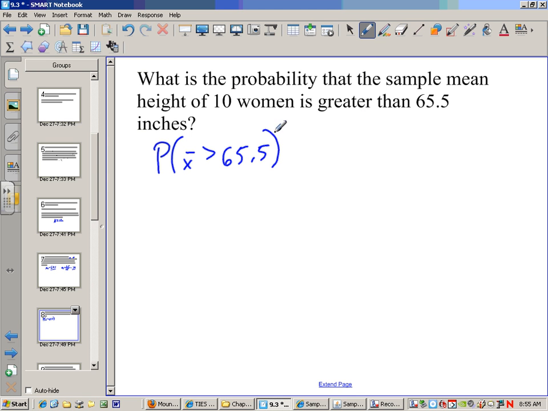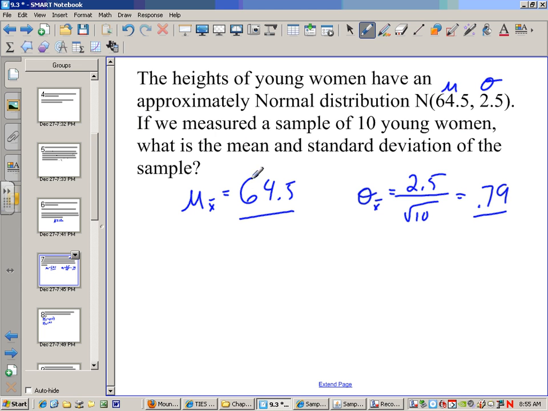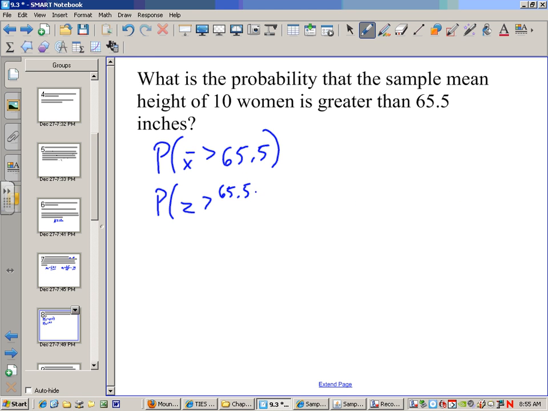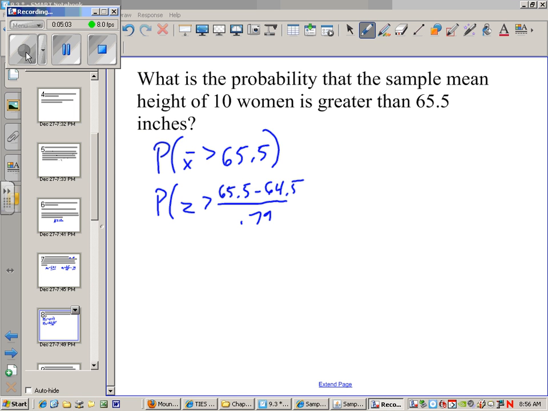Well, we know our mean and standard deviation from our previous slide. So our z is going to be 65.5, and we can look, our mean was 64.5, and our standard deviation was 0.79. All right, so now when we figure this out, 65.5 minus 64.5 is just going to be 1. 1 divided by 0.79 is